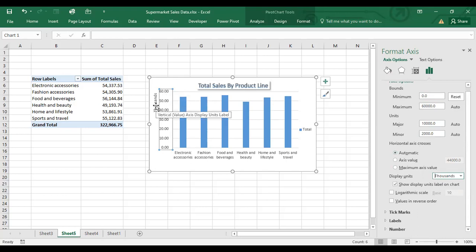It's everything now in 1,000. Instead of having the long numbers, you can change how the display is. If you want to put it in millions, you can make it in millions. But in this case, let's make it in 1,000. Let's put this in thousands. Then